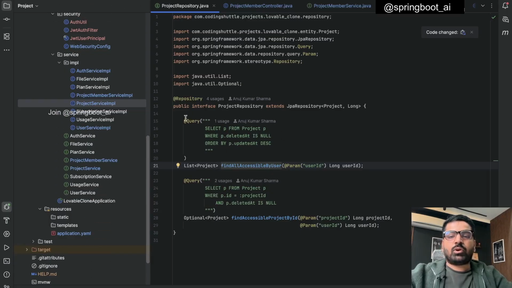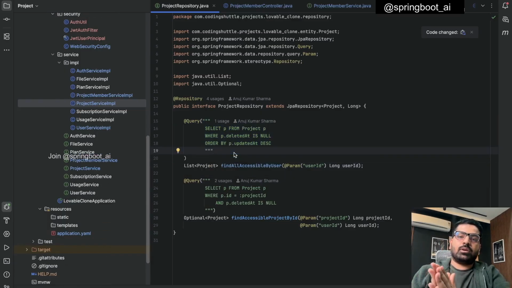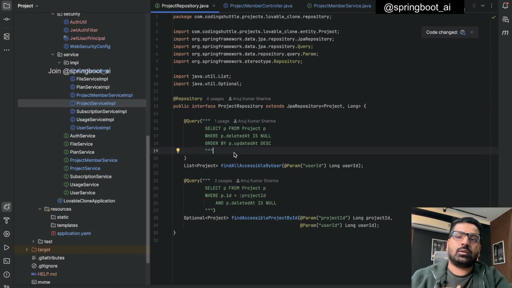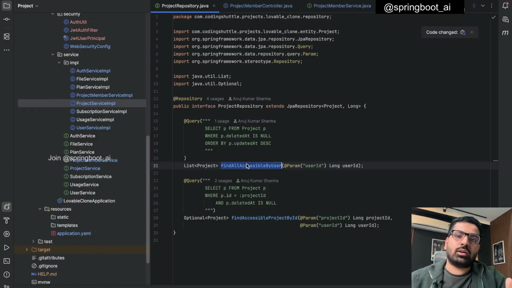Yeah, I wanted to update this as well here. Why? Because we have a concept of project member in this one, right? You can be a member of one project. You can be owner of one project. You can be an editor of another project. You can be a viewer of another project. So when you do find all accessible by user, you basically want to find all the projects of which you